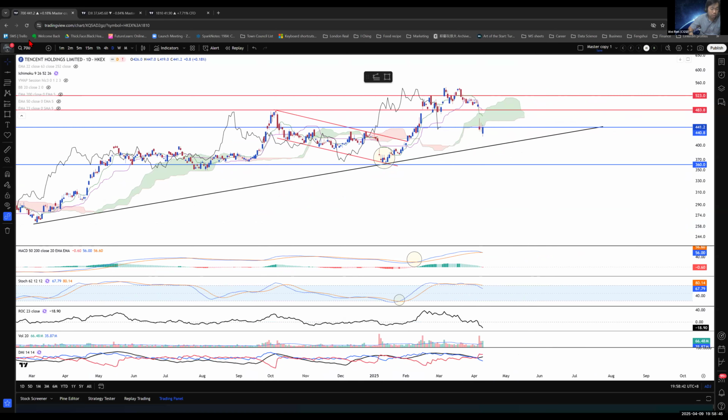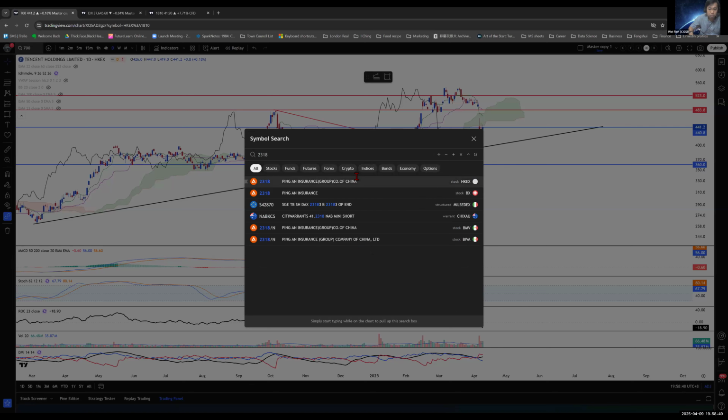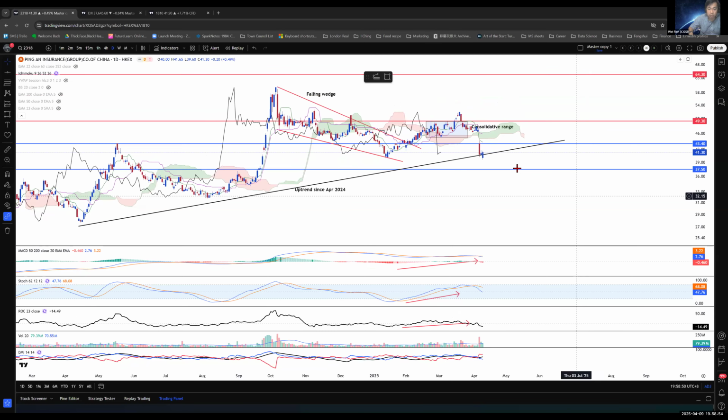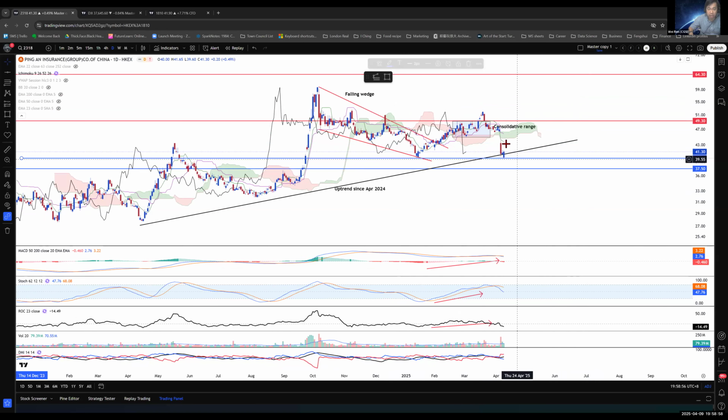All right, so next one will be Ping An Insurance. Okay, it also came down, but you can see that it's being well supported at this level. I think 39.80, double bottom, gap down, but still sustaining. So I think there may be a corrective upside again. Short term, I'll look at maybe 44.15 or $47 going forward. It went back up to the uptrend line, so I think there's a possibility of continuation or upside again.